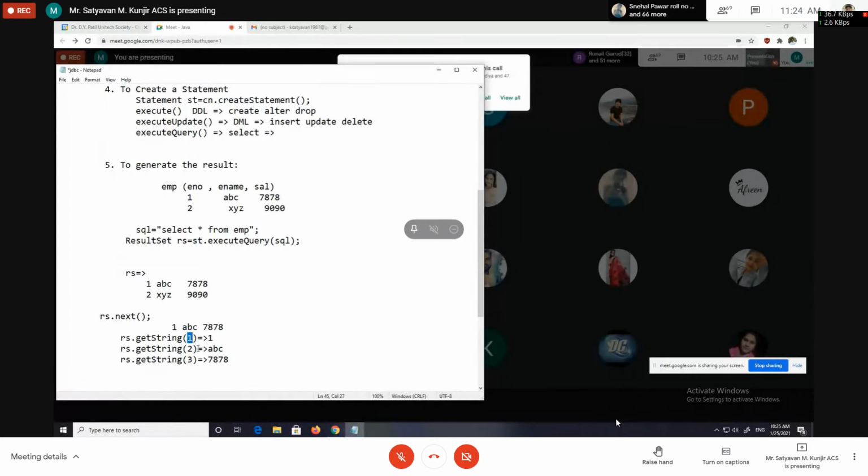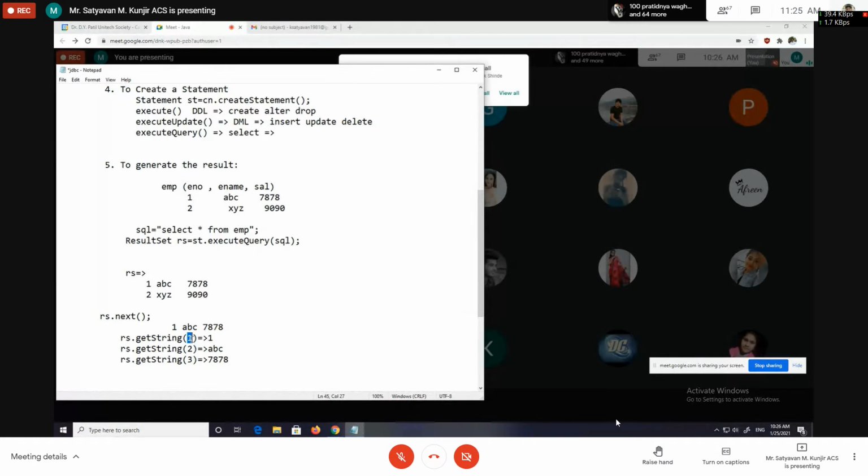Not getString, only that one. Index. That is the index of the column. If you pass the index of the column, then we'll get that particular value.